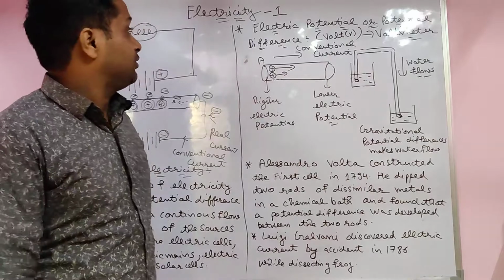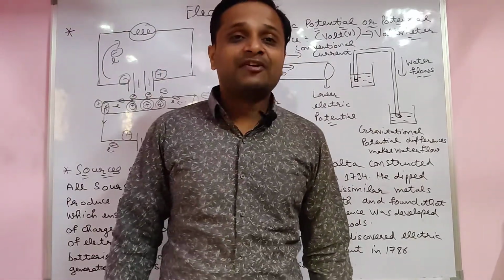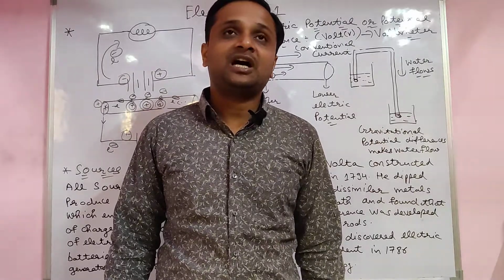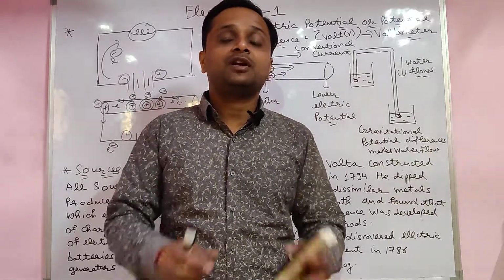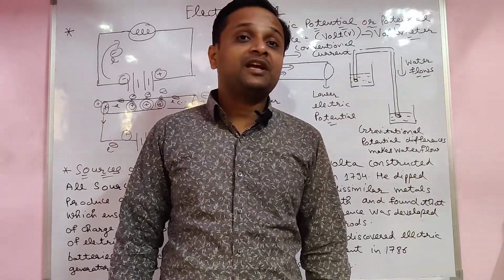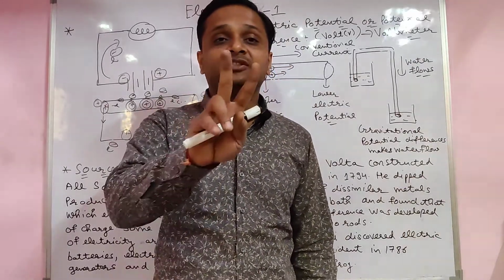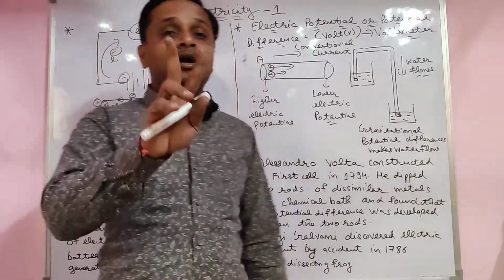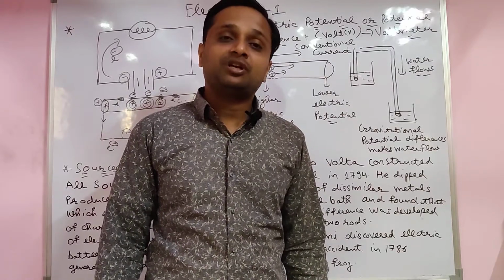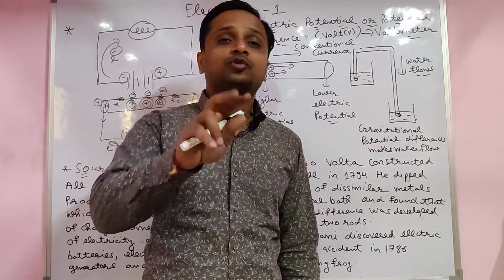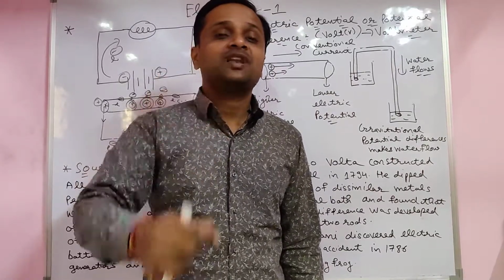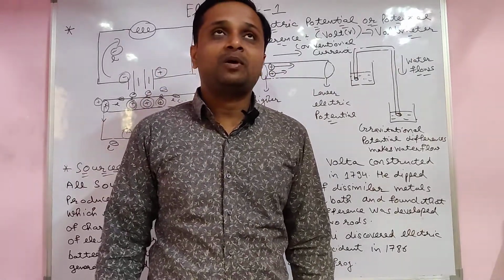In the last lecture we already discussed electric current, how electric current is produced from charge, and how charge comes on a body because of rubbing. Benjamin Franklin told that there are two charges, positive and negative. Opposite charges attract each other and same charges repel each other. How you find the force between them was told by Coulomb. Coulomb's law, I already told about this.